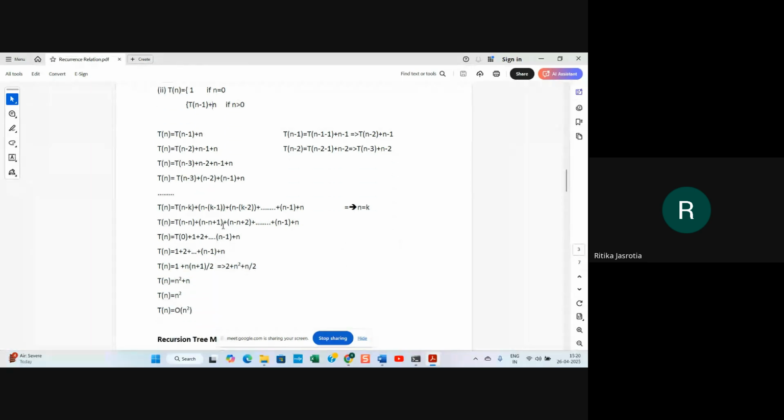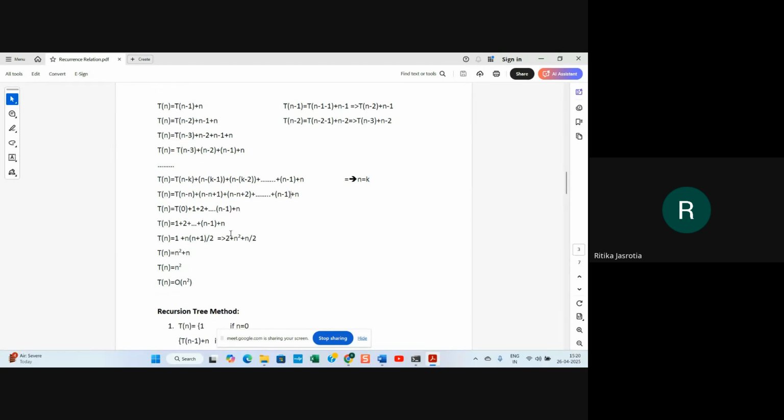So this way, for any arbitrary value k, we keep putting in the substitution, where n is equal to k, and we keep putting n's value in the place of k. When we calculate, it comes out to be n square plus n. Because we remove the constant values, n square plus n means n square only, because this n we will take as a single value only. So this equation will solve out to be O(n square). The time will be O(n square).